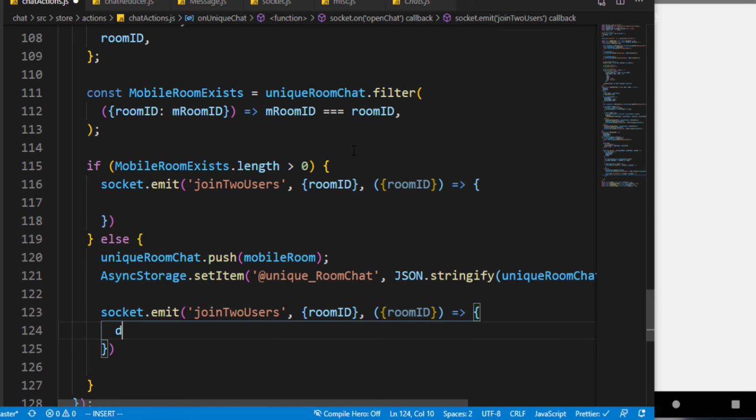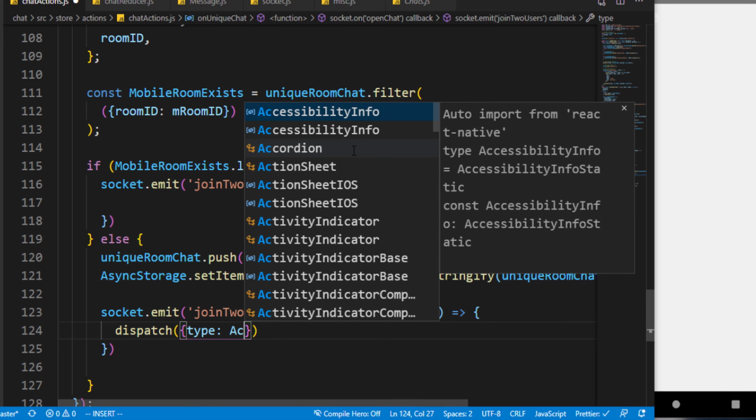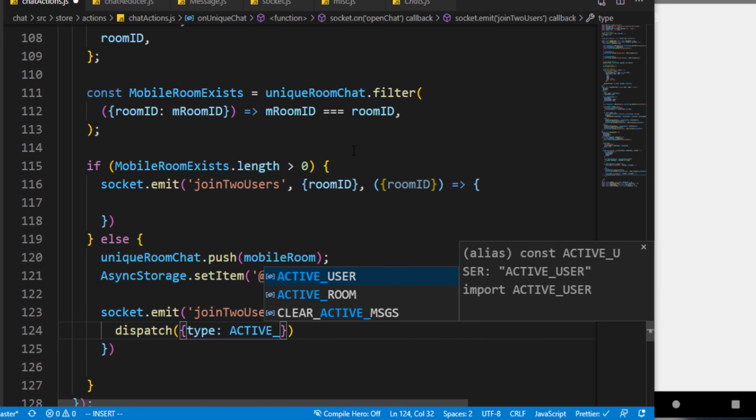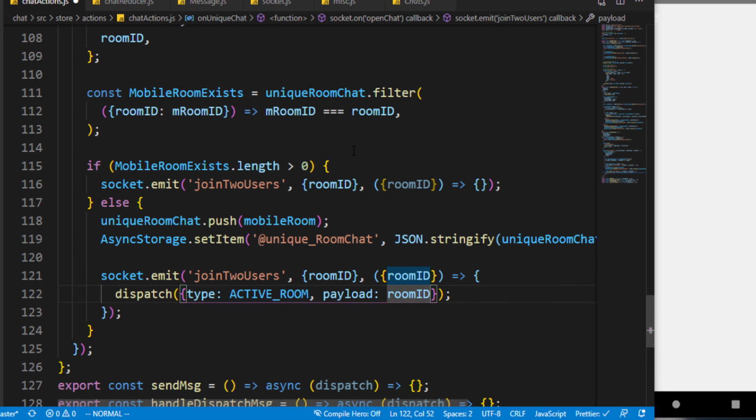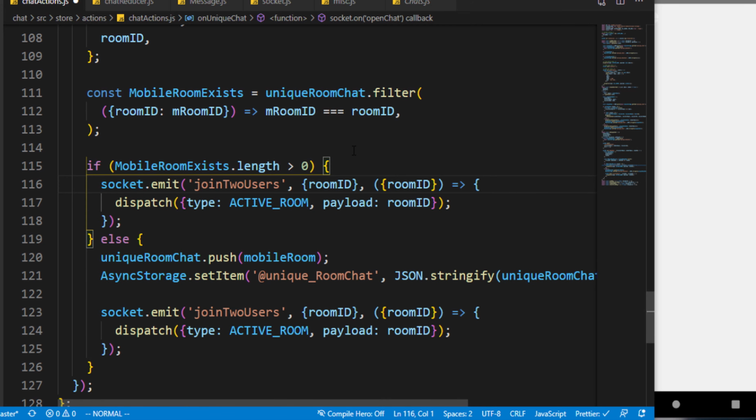So we're going to dispatch a type of active room with a payload of the room ID. So we join the two users, then we use these values to actually dispatch it to our reducer in order